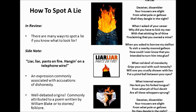And so again, that was thought to possibly be something that was written by William Blake. And then there are lots of stories and little pieces of folklore. One of the most popular stories was a little story or a rhyme of a country boy who stole a cigar from his father. And he went out into the shed to smoke it, and when the father smelled the smoke,